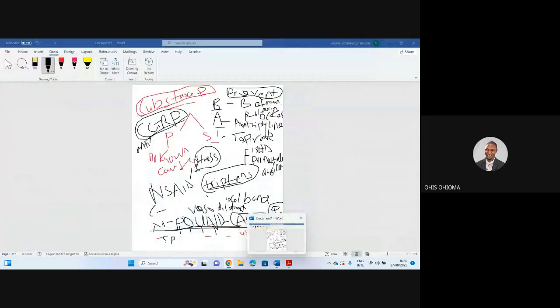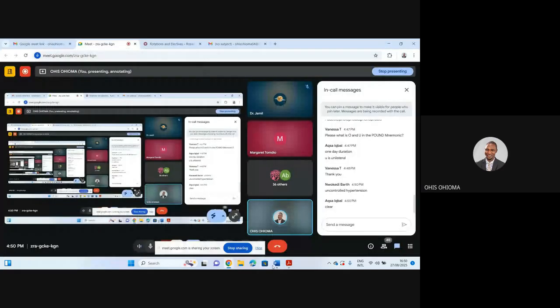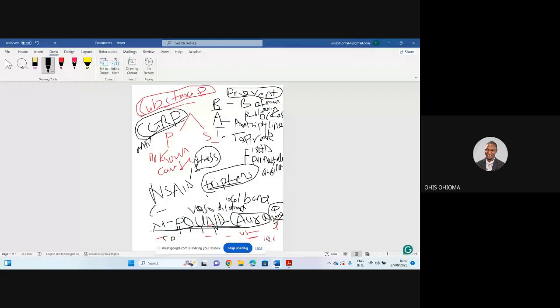Yeah, so we don't give the drug in 3 conditions basically. So we don't give it in patients with ischemic heart disease. We don't give it in Prinzmetal angina. Of course, Prinzmetal angina is the vasospastic angina, right? There's a vasospasm of the coronary artery. And then we don't give it in uncontrolled hypertension. So a patient that has a very uncontrolled hypertension, the patient is hypertensive basically, we don't give triptans to them.